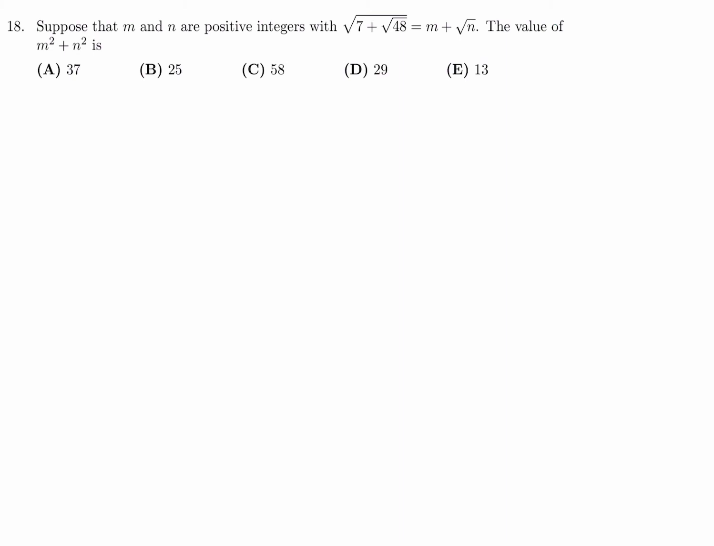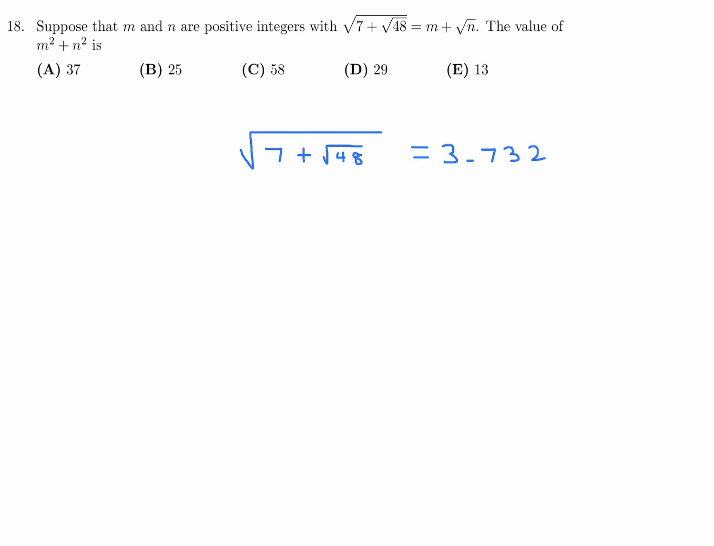Suppose that m and n are positive integers with the square root of 7 plus the square root of 48 equal to m plus root n. What is the value of m squared plus n squared? Well, I just did this the non-fancy way. I just figured out what this is on my calculator. This is equal to